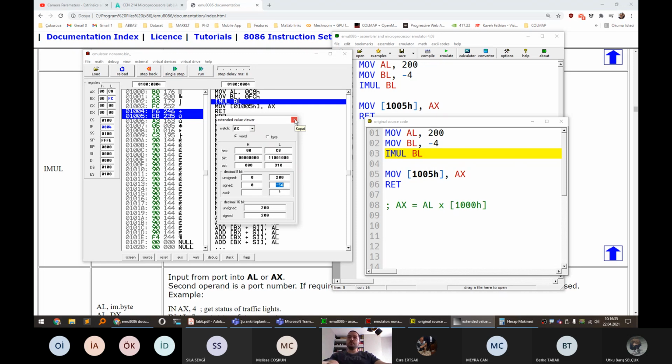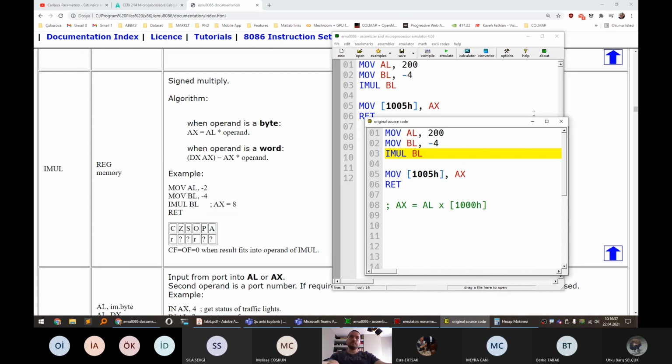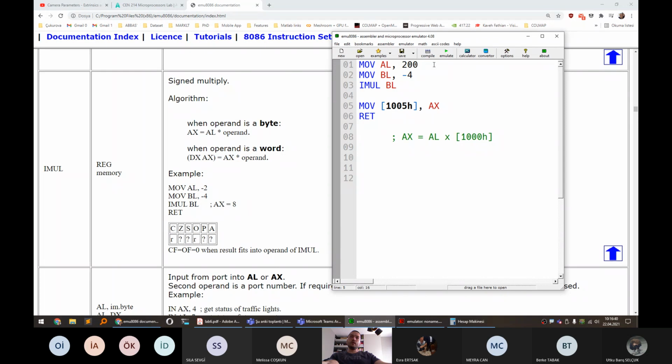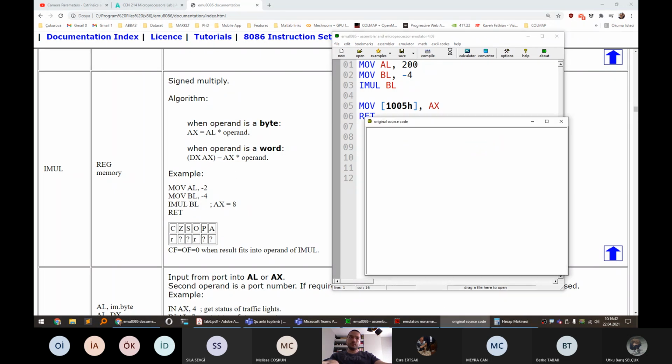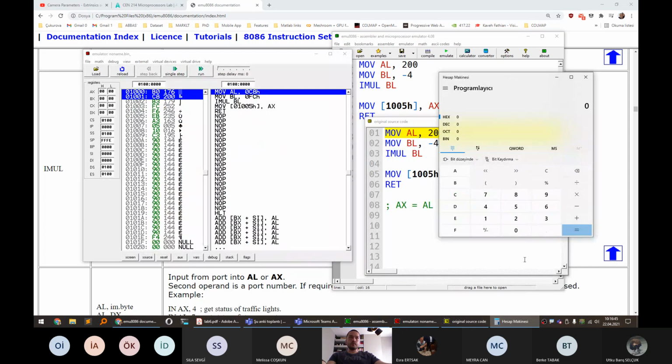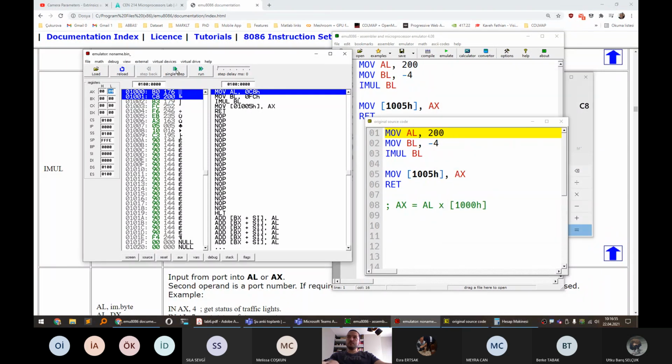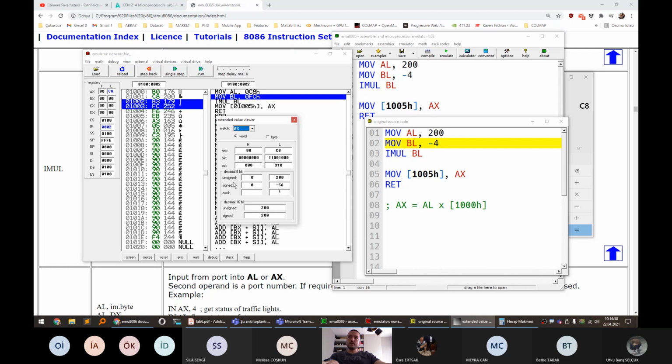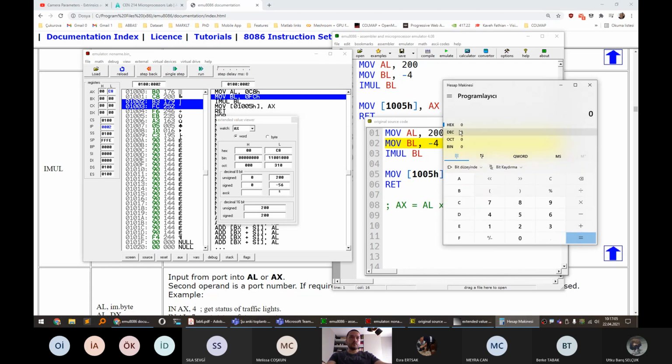That's why. This is not 200. 200 is, let me open it here, 200 is C8. When you put C8 in the AL, the signed value of C8 is -56. For my interesting example, -56